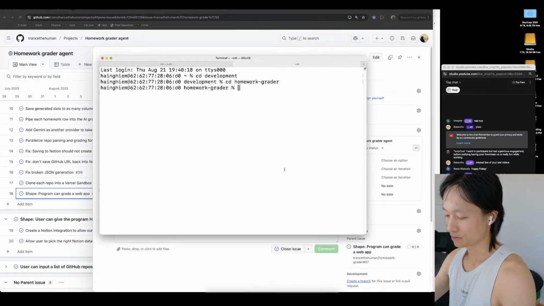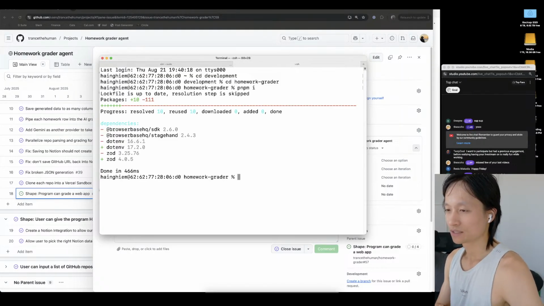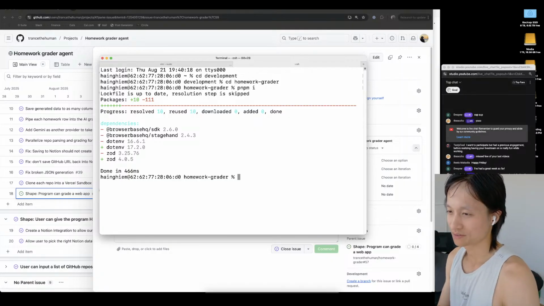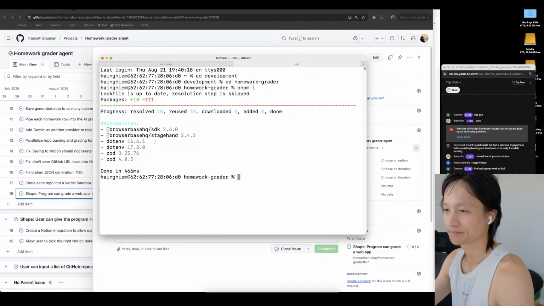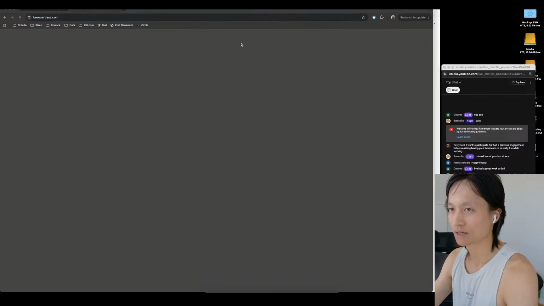And before we do that, we have to npm install, because I did change the dependencies yesterday while we were doing that one big PR, right? And it didn't work, so we got to remove the packages and do it again. So Browserbase. But